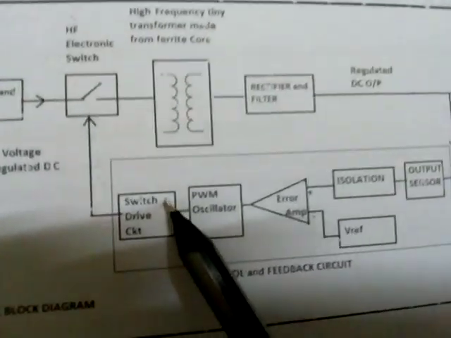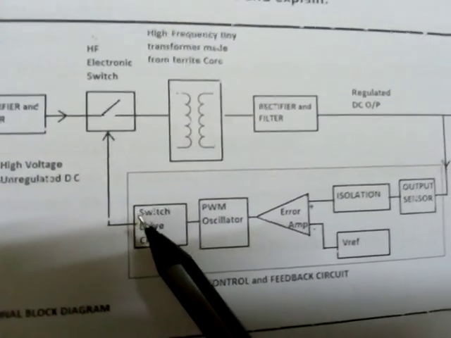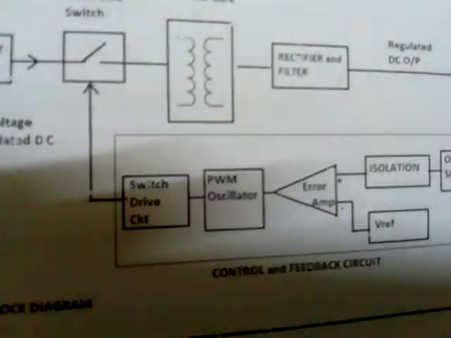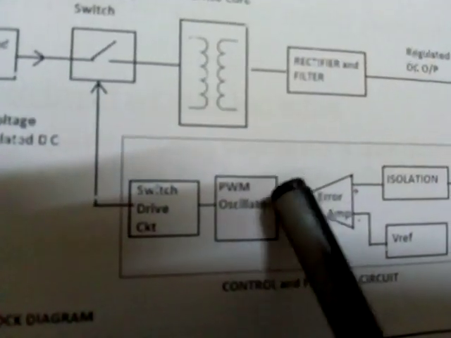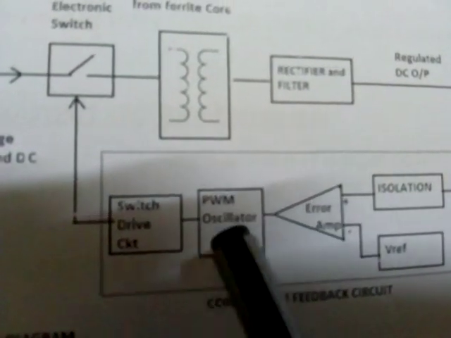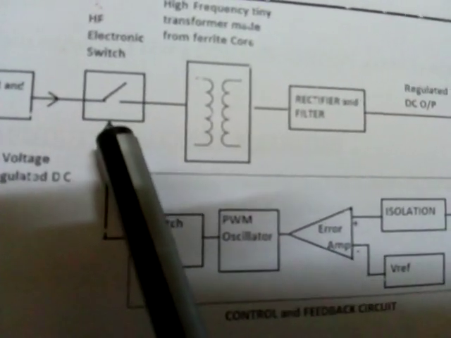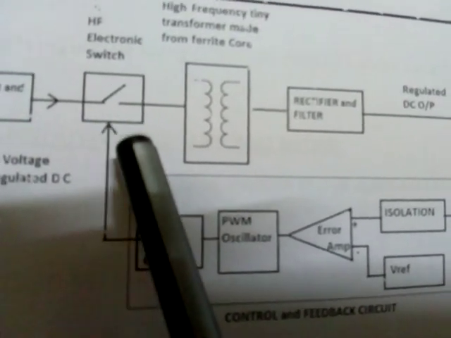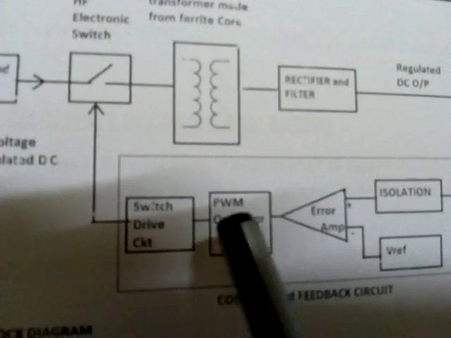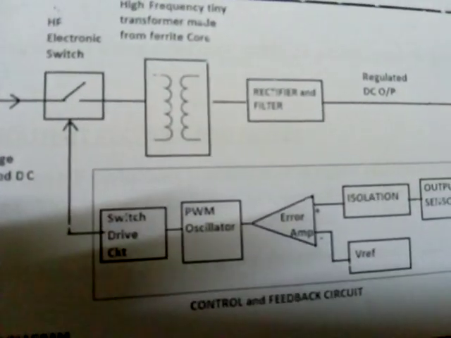Now this is nothing but the drive circuit. You know, if you have studied in chapter 2, if the power level or current level of the oscillator is lesser than the gate drive required by the control circuit of the switch, you will have to boost it. That is the drive circuit.